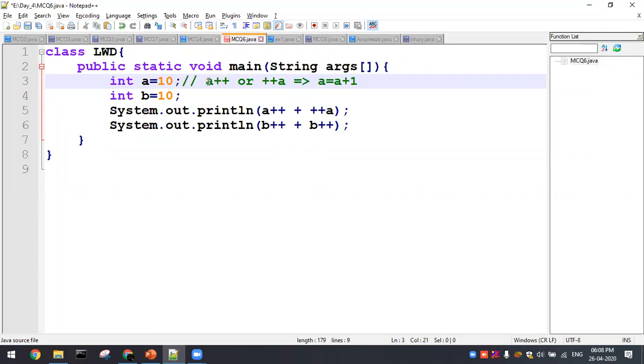So what will happen? In post-increment the operand comes first, in the sense we are supposed to apply the value 10 and then increment the value with plus plus. In pre-increment, we are supposed to increment the value first, and then apply it in the place of the execution. That is how they differ.